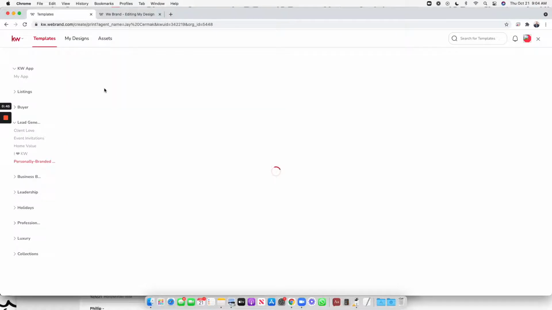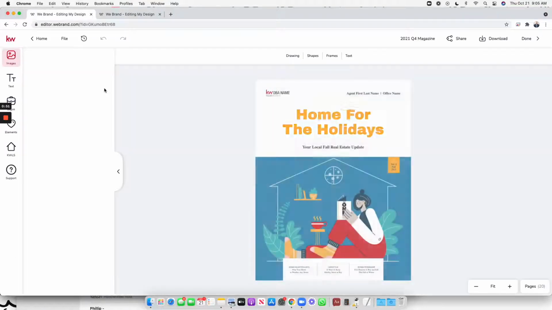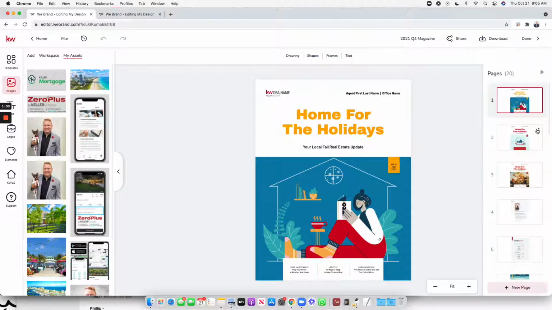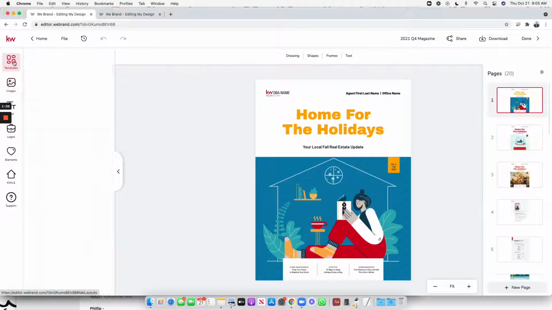So here you're able to use this, so I'll show you what the original looks like, and then I'll show you the one that I personalized. The neat thing about this is there's great articles in there, and you get to customize it the way you want. Now, one mistake I made, pay attention, there's already 20 pages here on the right, so be sure you look at it first before